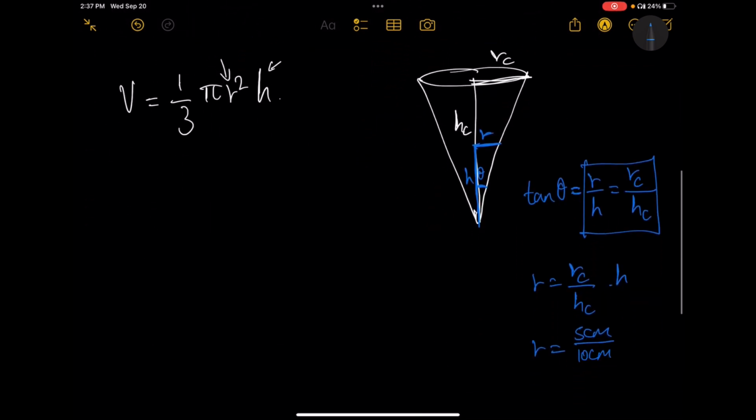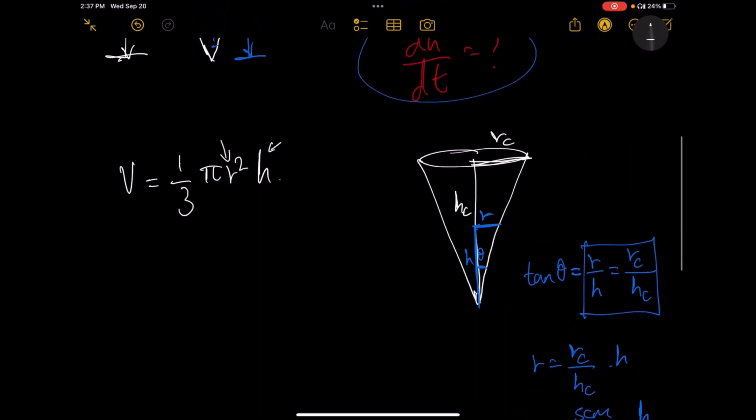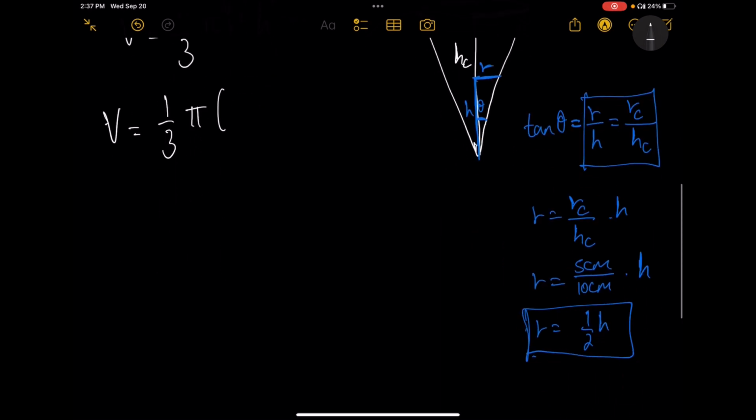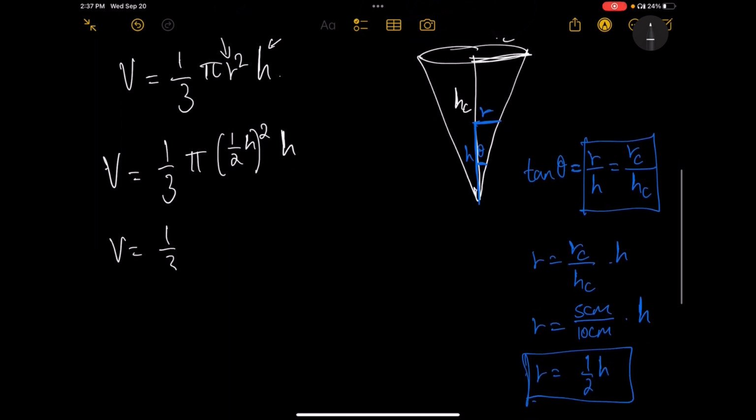times the height h, which again varies with respect to time. It's a function of time. Therefore, r is equal to 5 over 10, that is 1 over 2, times h. Okay, so r is equal to 1 over 2 h, ladies and gentlemen. Now V is equal to 1 over 3 pi r squared h. What is r? r is 1 over 2 h, so we get 1 over 2 h squared times h. So V is equal to 1 over 3 pi times 1 over 2 h squared, we get 1 over 4 h squared